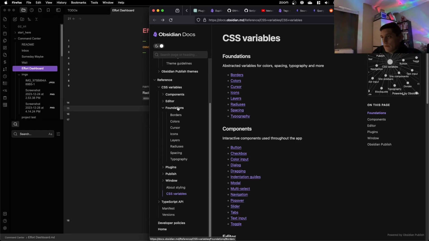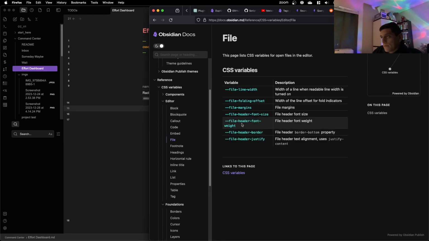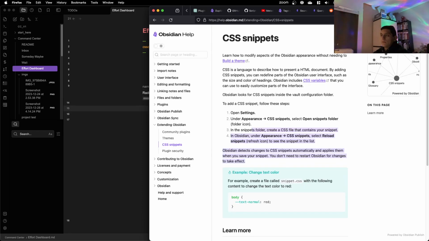Let's see. Foundation, cursor, editor, file. So file has line width. And now we set to 100%. So how do we call this line?